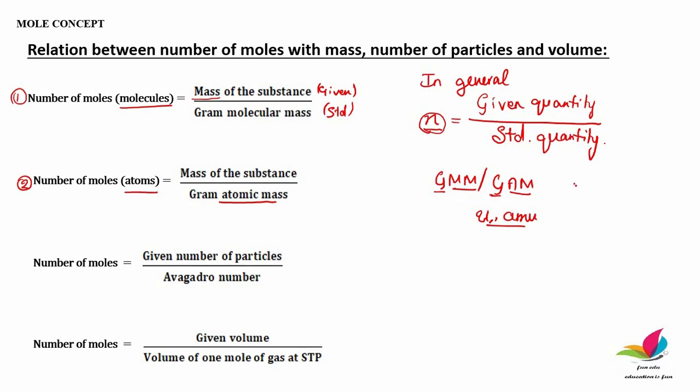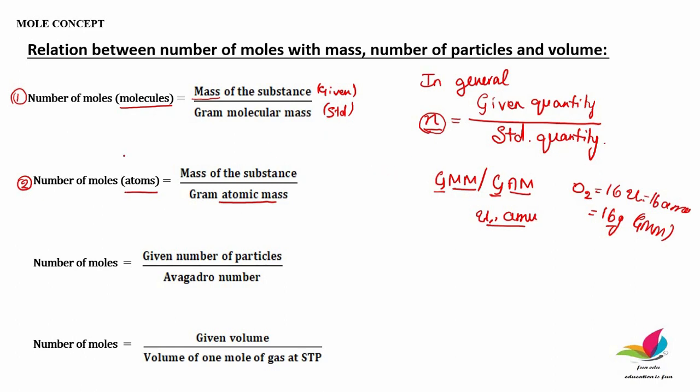For example, if you take oxygen, O2, okay? So what is the molecular mass of oxygen? So molecular mass of oxygen is 16 u, correct? Or 16 AMU. This is only molecular mass. So suppose if I write 16 gram, this is nothing but gram molecular mass. Molecular mass in terms of gram. Both are same, only the difference is in unit. Okay, units are different but the value is same. Okay, that you have to always remember.